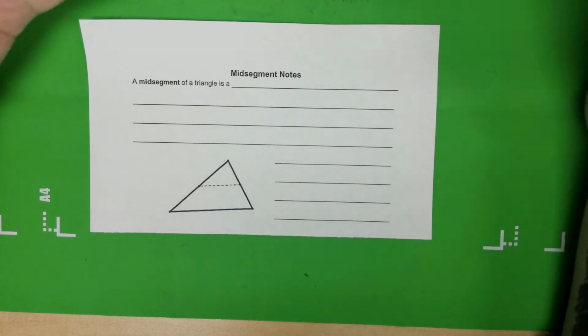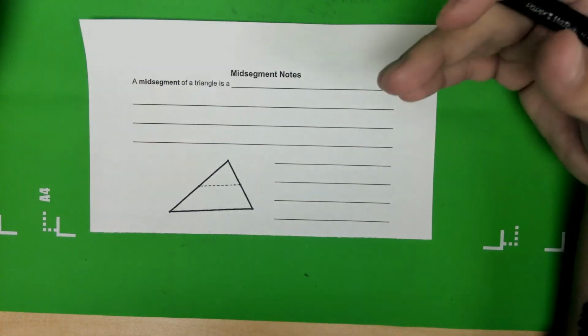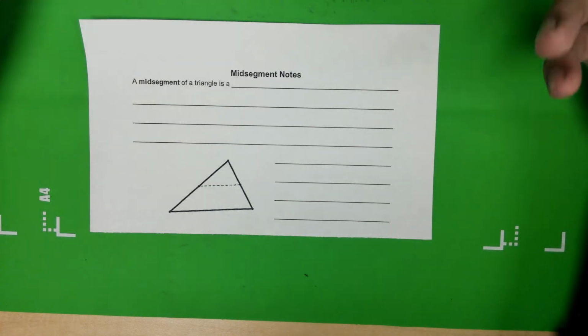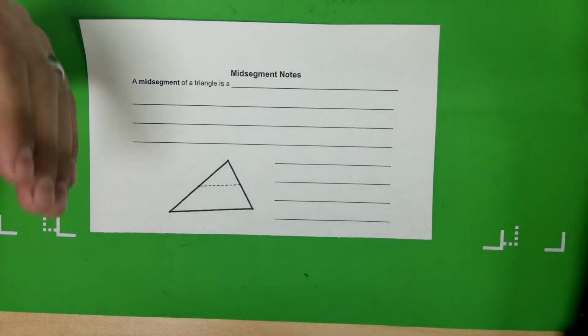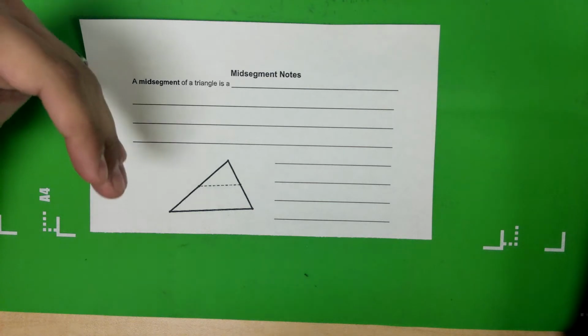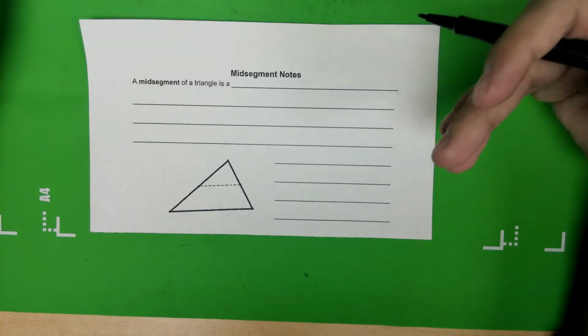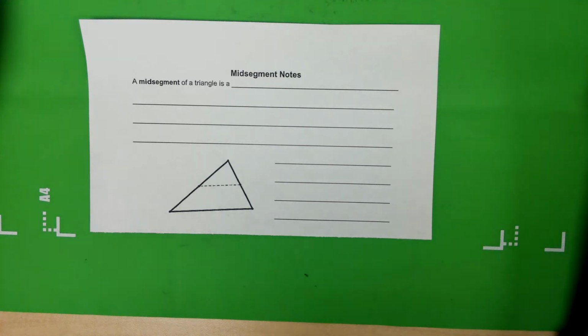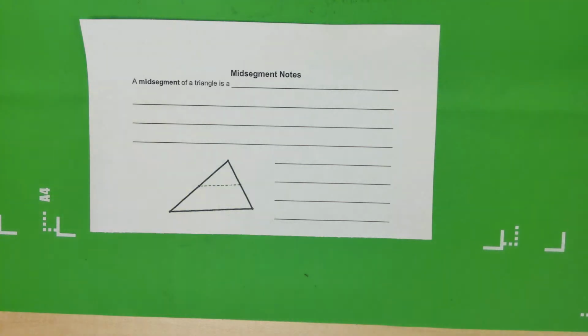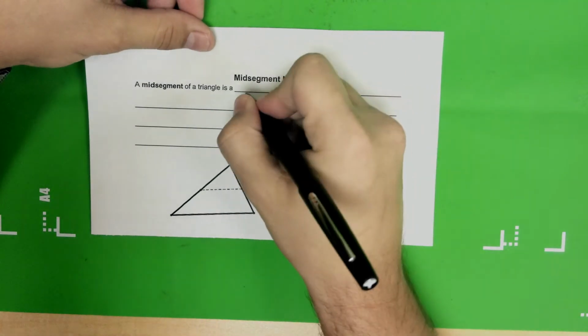So with that being stated, our next unit is about triangles. You started on Friday last week, or you're supposed to. You should have already gone over acute triangles, right triangles, obtuse triangles, isosceles, equilateral, and scalene. But real quick, we're going to talk about mid-segments of a triangle. A mid-segment of a triangle is a segment